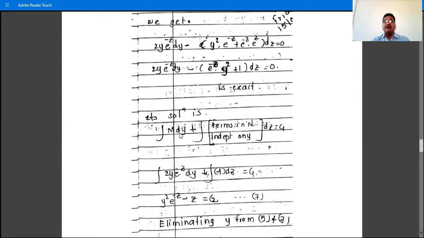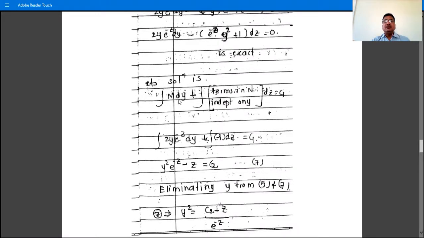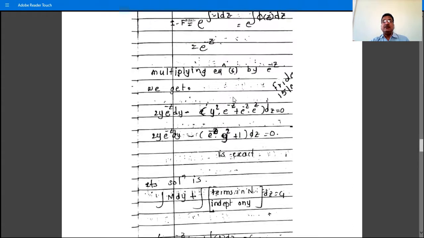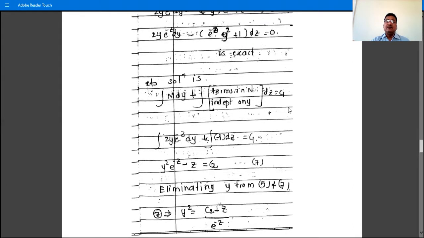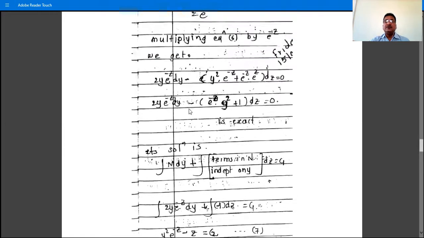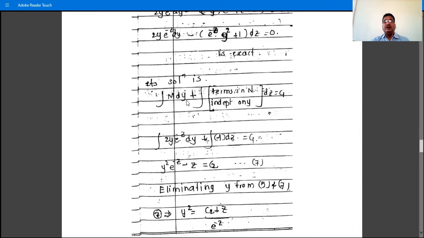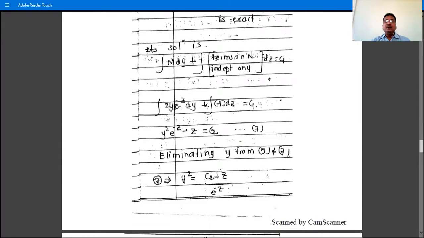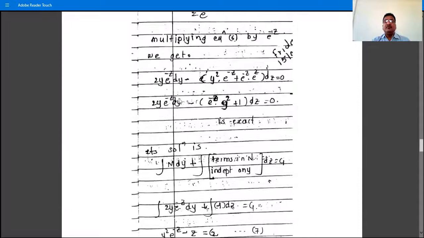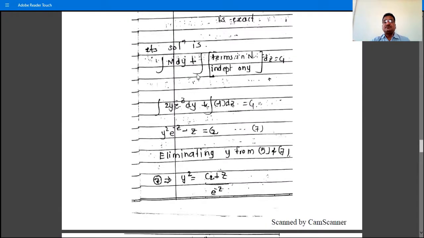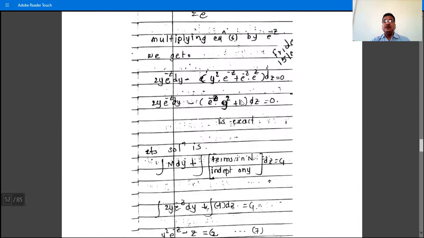And now the solution of an exact differential equation is what? Integration of M dx plus terms in N independent of x dy is equal to 0, if the given differential equation is M dx plus N dy is equal to 0. But if the given differential equation is M dy plus N dz is equal to 0, then the formula is integration of M dy plus terms in N independent of y dz is equal to c1, and therefore M is 2y e raised to minus z. This is M, plus integration of terms in N